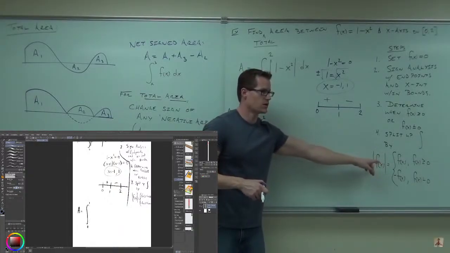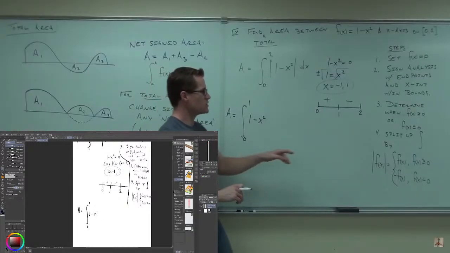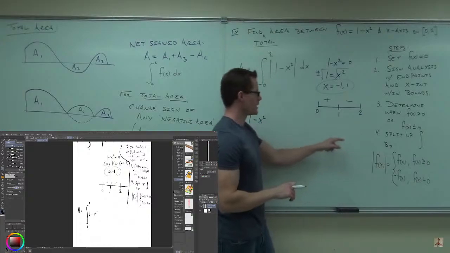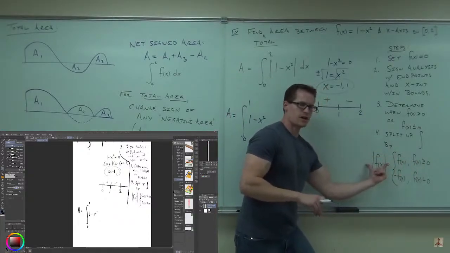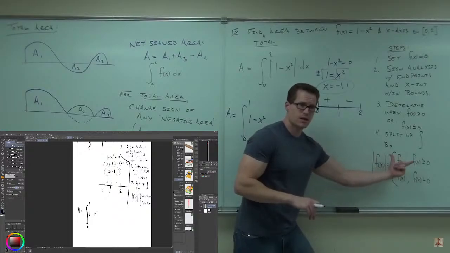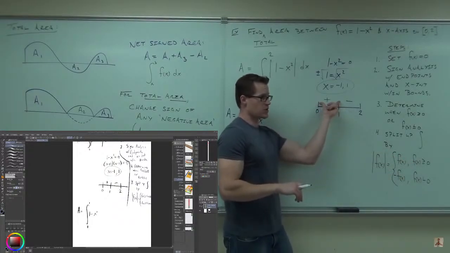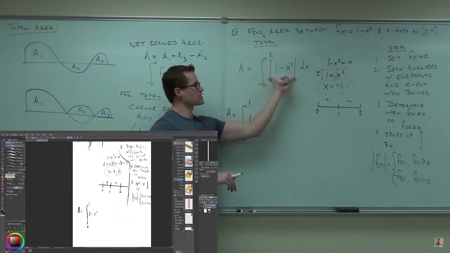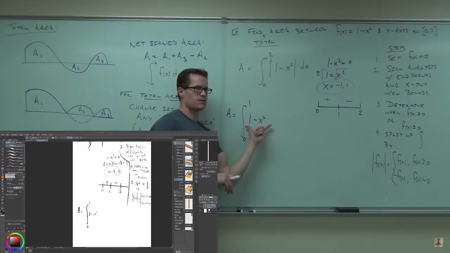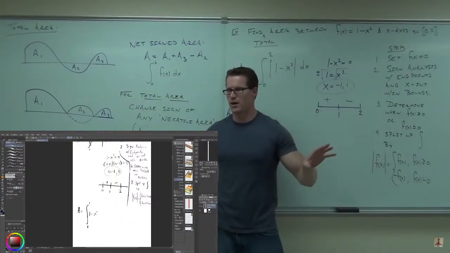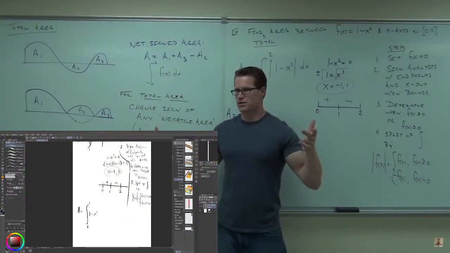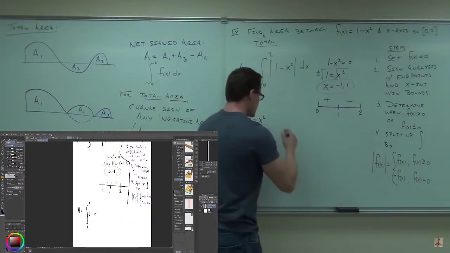Absolutely not. I'm actually using the definition of absolute value. Because you don't need it, the absolute value of that, you're not changing the sign. I'm actually using this to change it. I'm saying, well, if f of x is positive for that region, then I know the absolute value of f of x is simply f of x. I know that this is positive for this region, therefore the absolute value of f of x is simply f of x. That is what this says. It says, hey, if it's positive, you don't change anything about it. You basically just drop your absolute value signs. Are you with me on that? Okay, dx